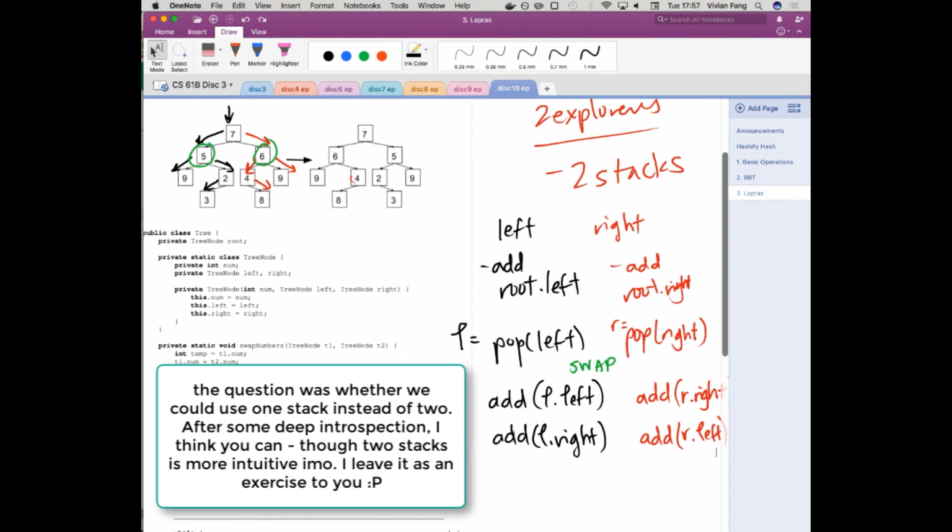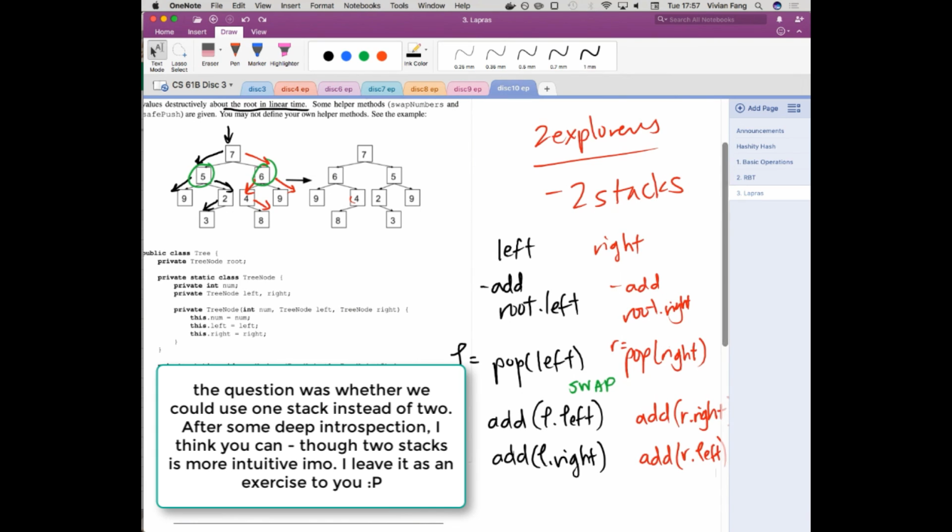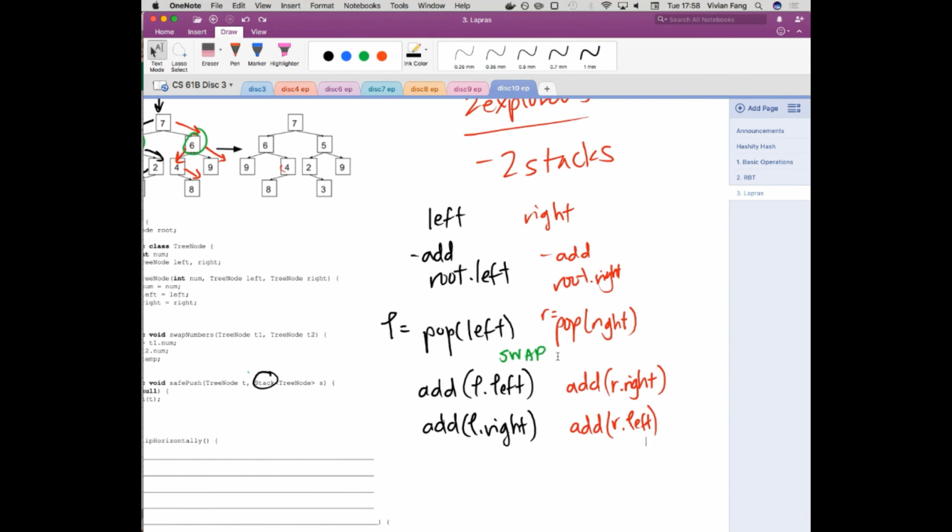But if you add them in the correct order, like if you add in the left child of the left side and the right child of the right side, and then the left child of the right side and the right child of the left side, the stack is going to work in a really awkward way, where you add this, and then you add this, and then you pop this, and then you add this, and then you pop. Actually, good point. Do you think it would work? Who thinks this will work? Let's do the two stacks to keep things simpler, and then I'll think about this after my midterm, and then I'll get back to you. Okay. But with two stacks, does this make sense?